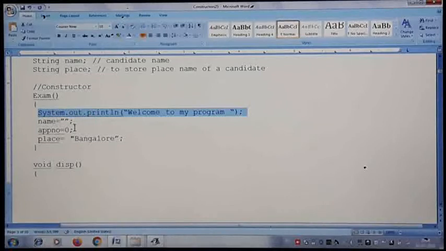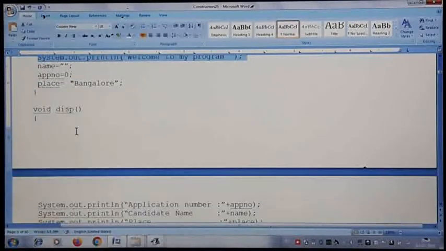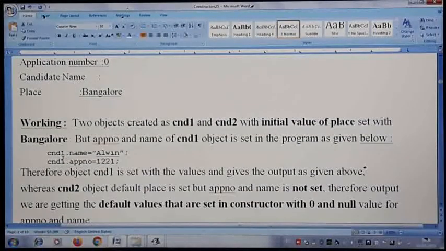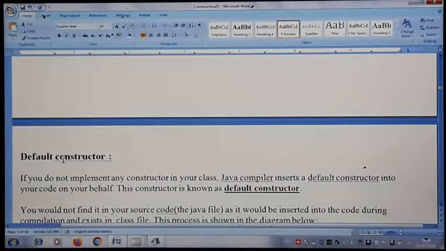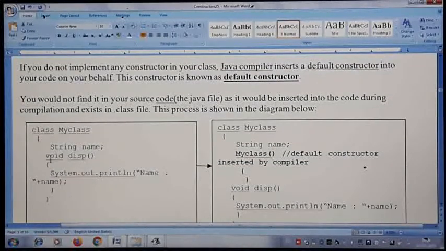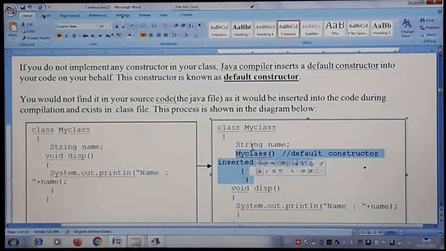So this is what we saw in the last video, and you understood how it works. I gave you one example of how the data is obtained, and the output, and I explained it with the example also. And we saw what a default constructor is. When there is no constructor given in your program, the compiler will supply one, and that constructor is called a default constructor. So if you write a program without any constructor, then when you compile, the compiler is going to insert one constructor.